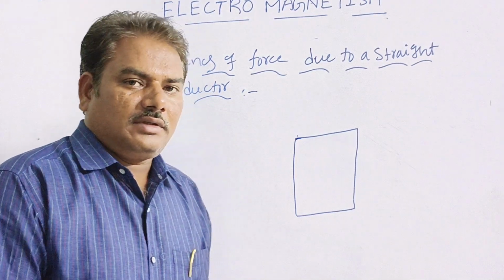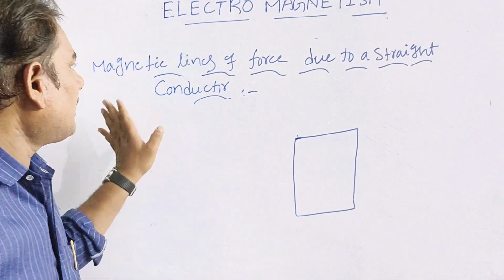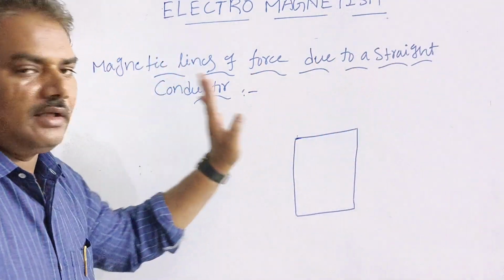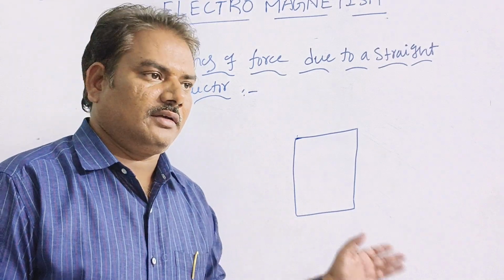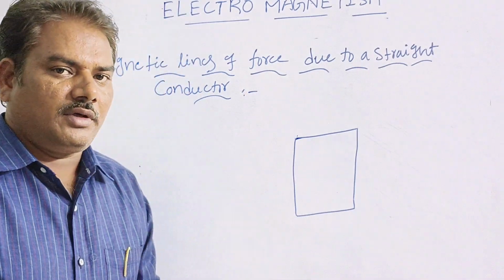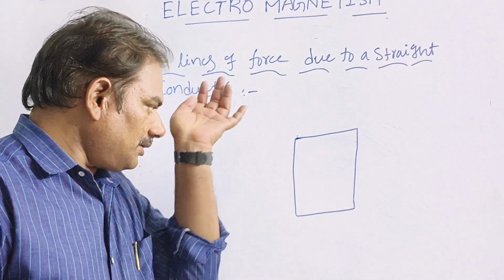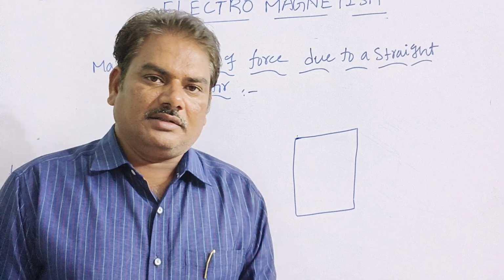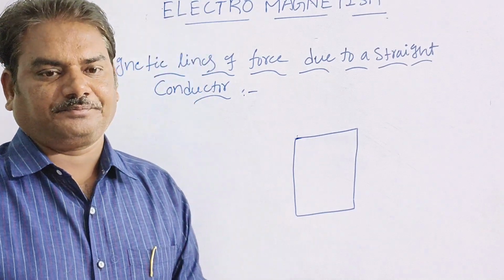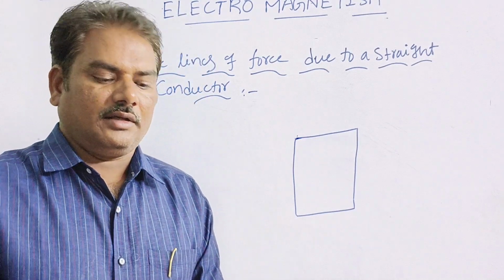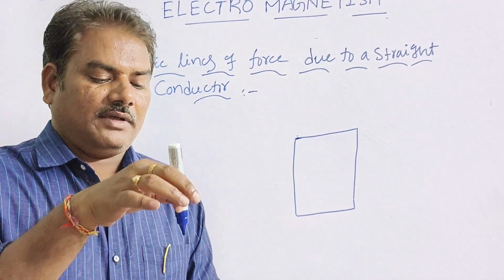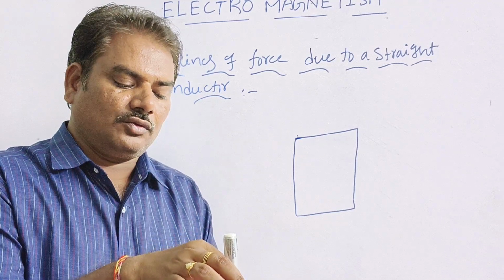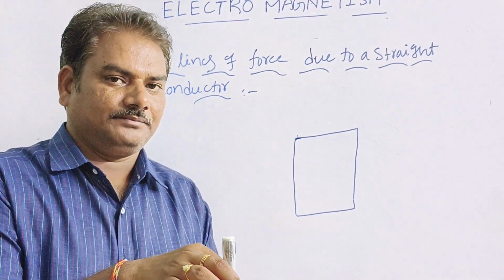So we discuss the next topic, the magnetic lines of force due to a straight conductor. It may not be important from the public examination point of view, but if you understand this topic, the next topics will come easily. Suppose, consider this is a plane sheet. If a conductor passes through the plane sheet like this,